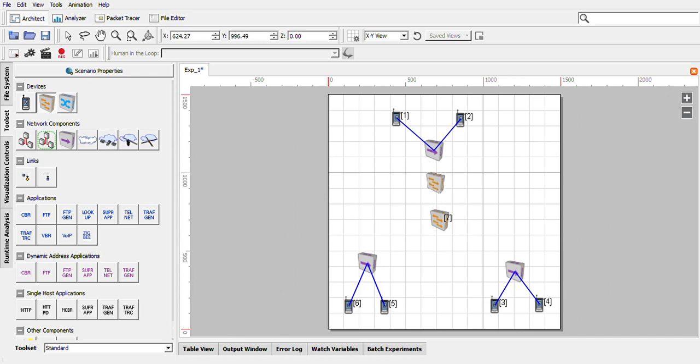A better party compared to the hub. Intelligent person compared to the hub. Again, go to the point-to-point link section, take a point-to-point link, and interconnect the networks using this.